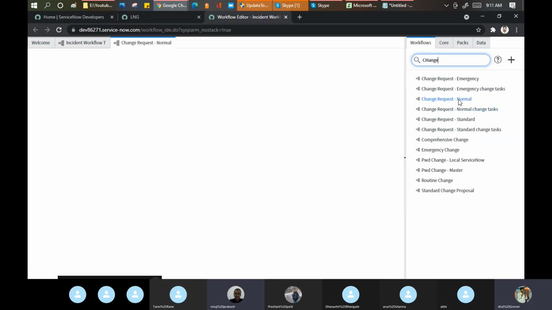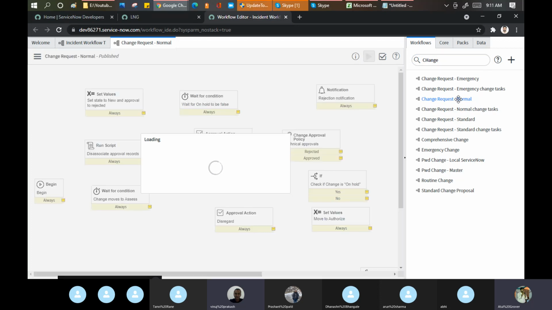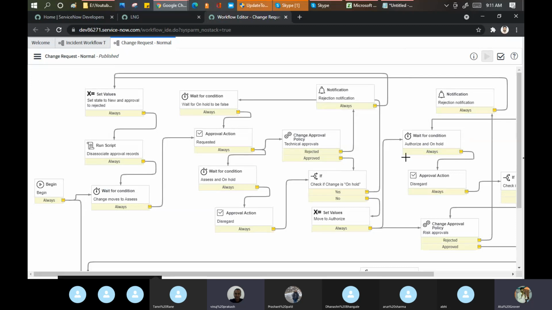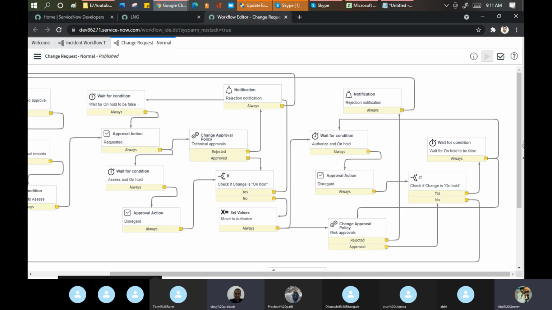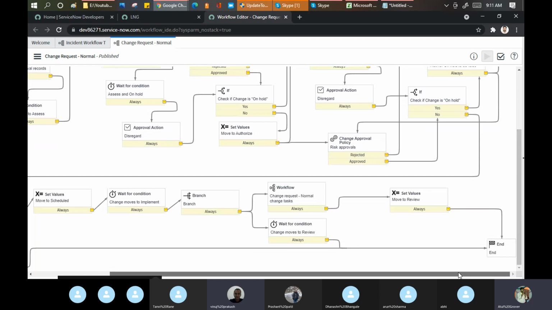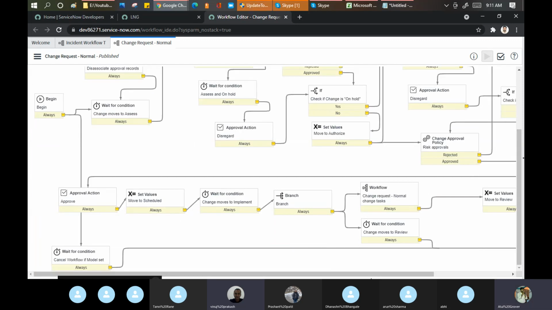If you want to get any task in the change, let me click on this. Now I'll show the actual workflow. See, this is the change workflow. When I was teaching workflows, I told you to please see these workflows as well. Did anyone check that workflow? No, I'm sure nobody checked that.